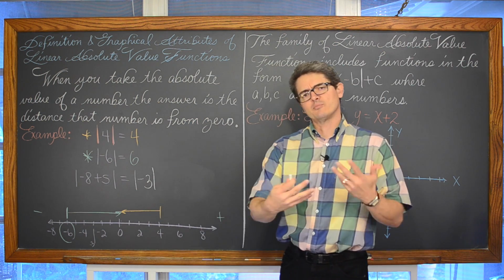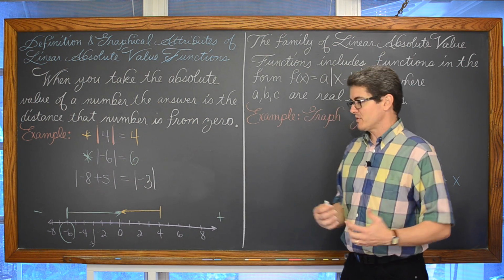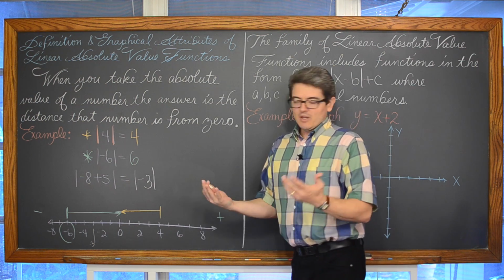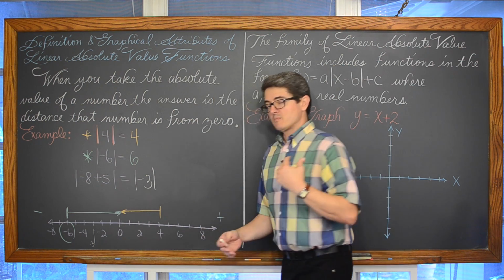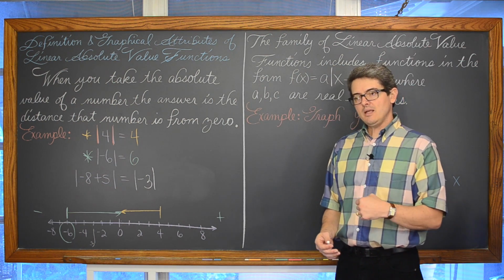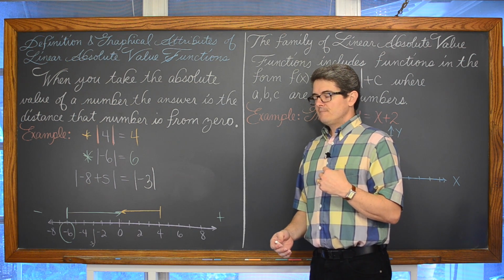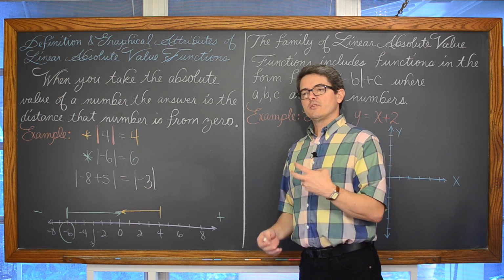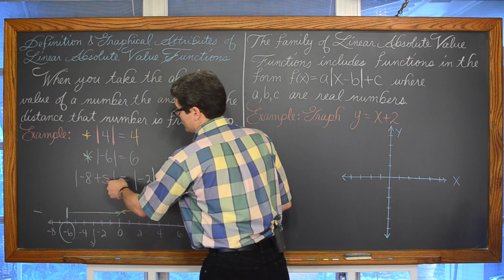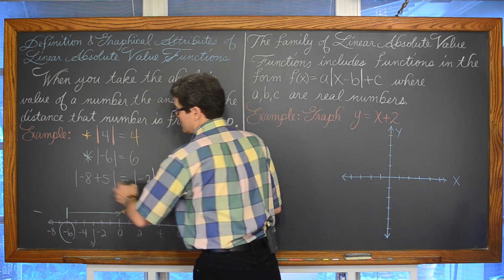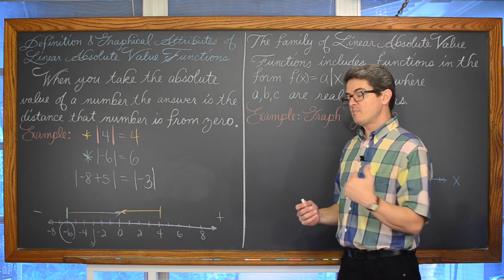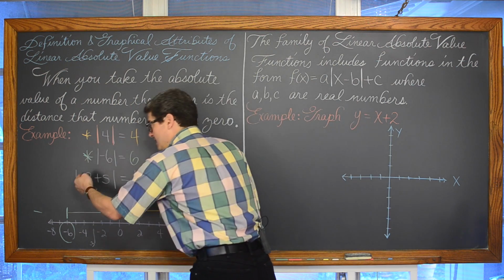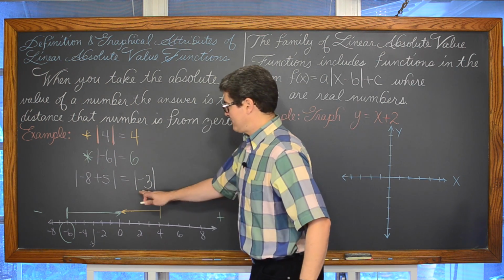I'm not sure how comfortable you are with adding numbers with different signs. If you don't have a number line, if you're combining numbers with different signs, you subtract those numbers and keep the sign of the largest absolute value. The absolute value of 5 is 5, and the absolute value of negative 8 is 8. 8's bigger than 5, but 8 originally was negative, so you keep the sign and get negative 3.